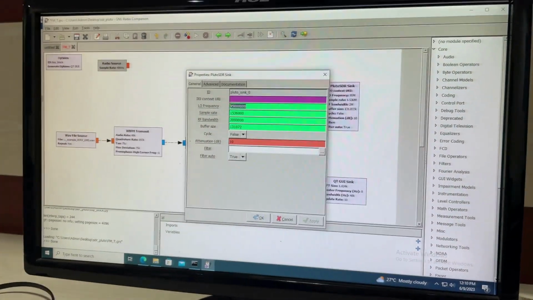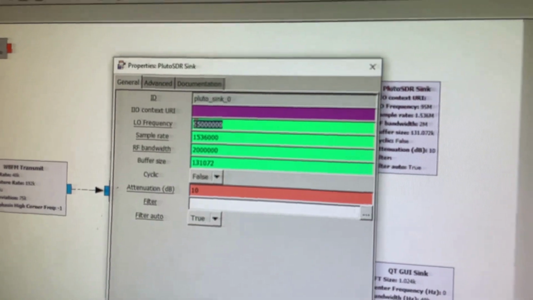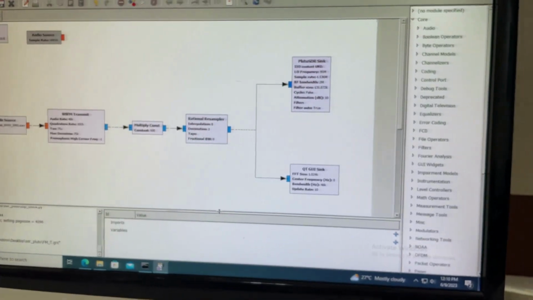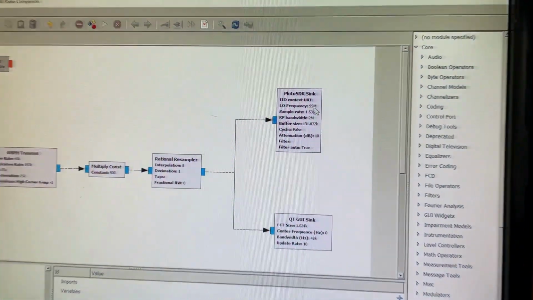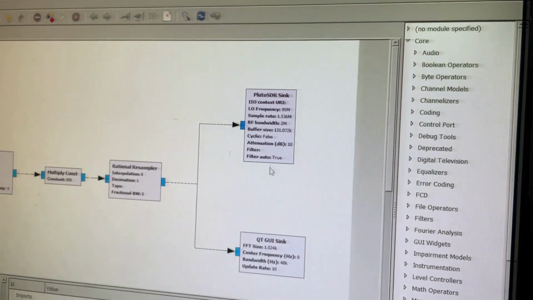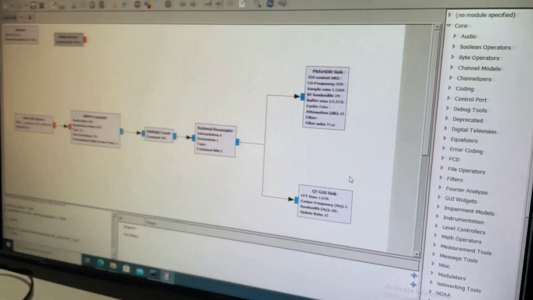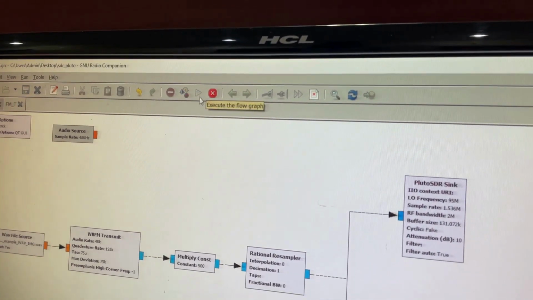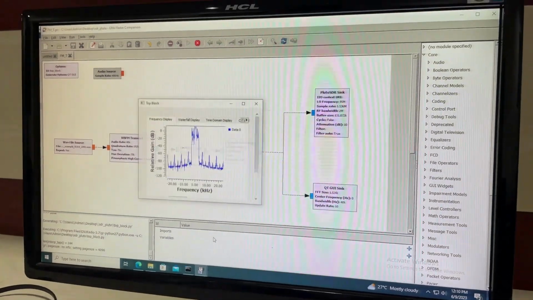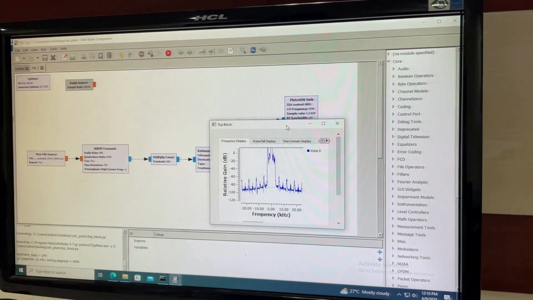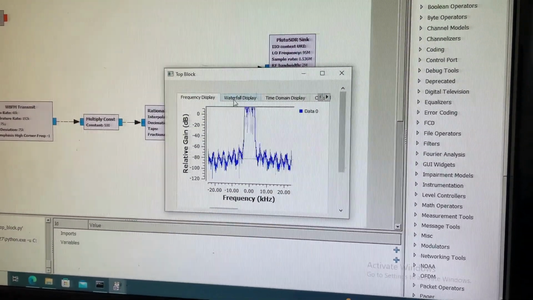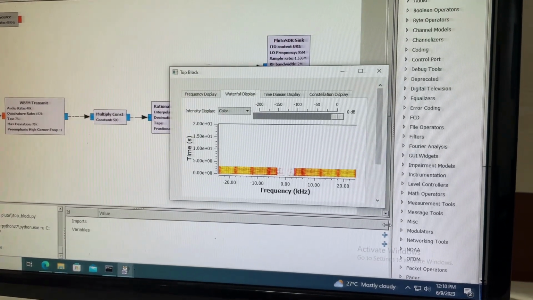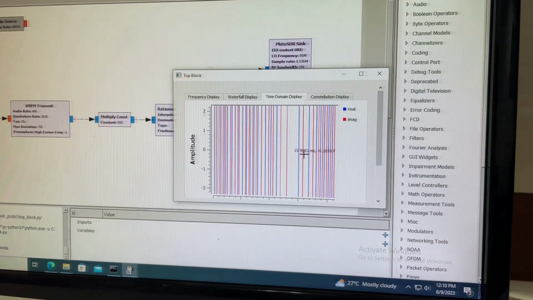Then this will be taken through all the blocks, and for each block we need to set the frequencies, and especially in the last SDR Zynq block we need to set the local oscillator frequency. That is the frequency your particular device is going to send. So I set it as 90 megahertz, or you can set it as 93 megahertz. Whatever frequency your SDR supports can be set over there, so that according to that frequency the signal will be transmitted from your SDR. So once you start the simulation, you can see that you will get the waveform,